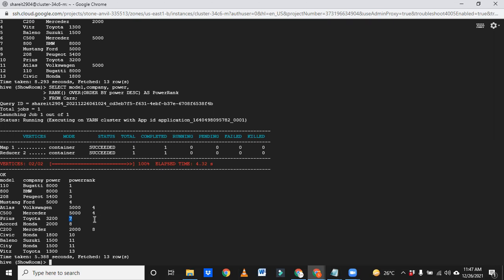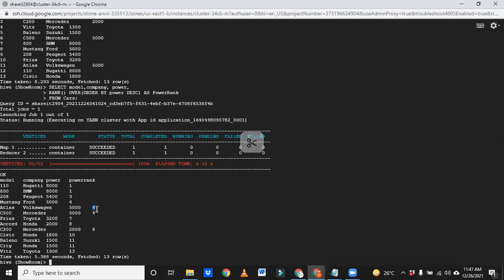Okay, so I think by the time you might also get some knowledge, right? Like what may be the dense rank. It is almost similar to this, but the major difference is it will give 1, 1, but the next it will give second. So it won't skip the value. It will give second, then third, then 4.